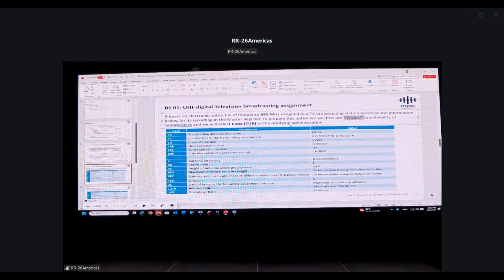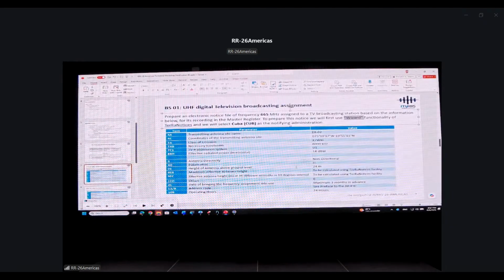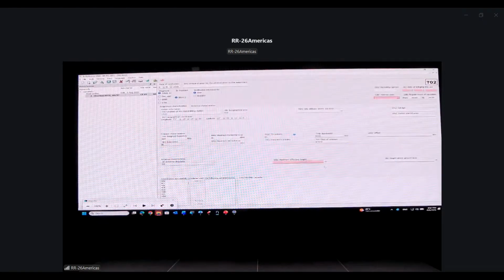Then the antenna is non-directional and the polarization is horizontal. This is already there, so the polarization is H. Antenna is non-directional. Then the antenna height is 24 meters. It is here. Then you see, we have one red box here, which is maximum effective height. And if you click here